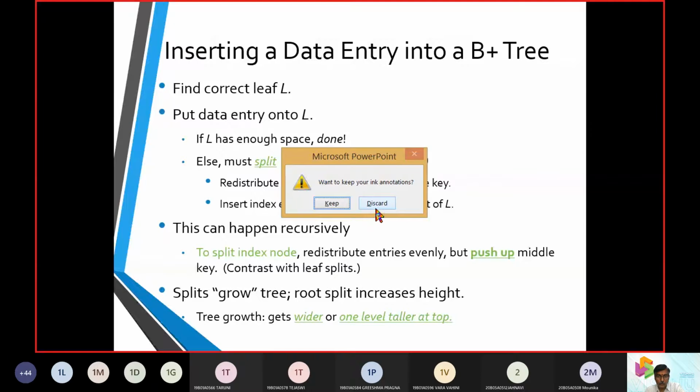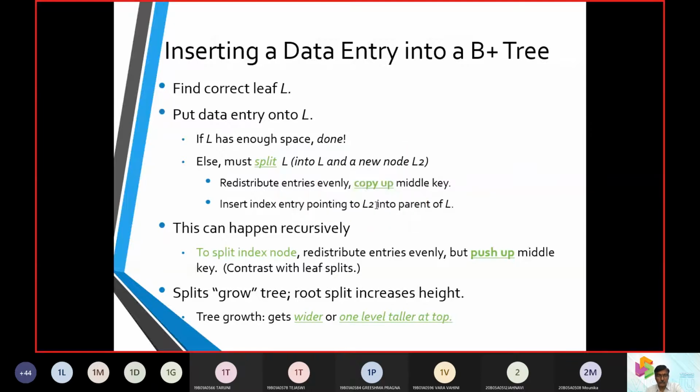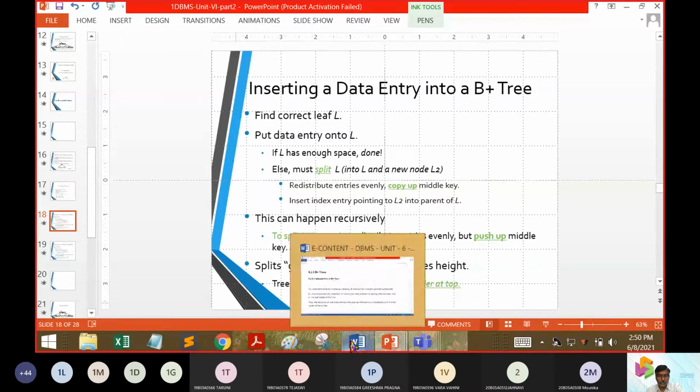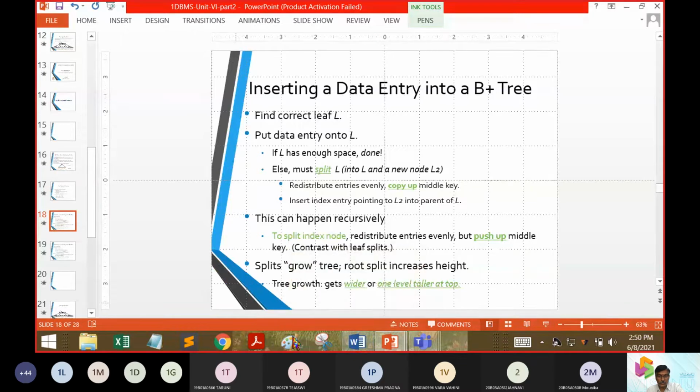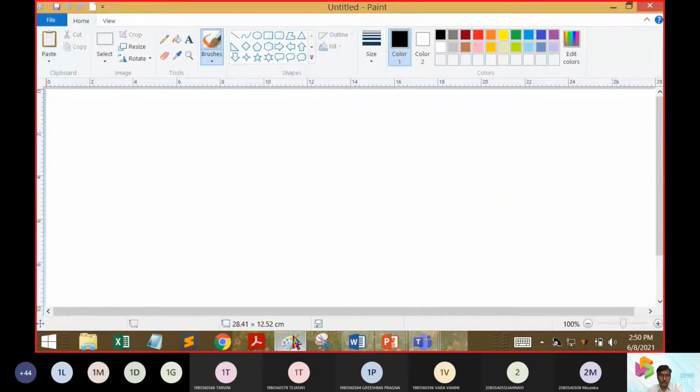Now we mentioned the basic operations we can do on a B plus tree: 1, searching; 2, an insert operation; 3, an update operation.